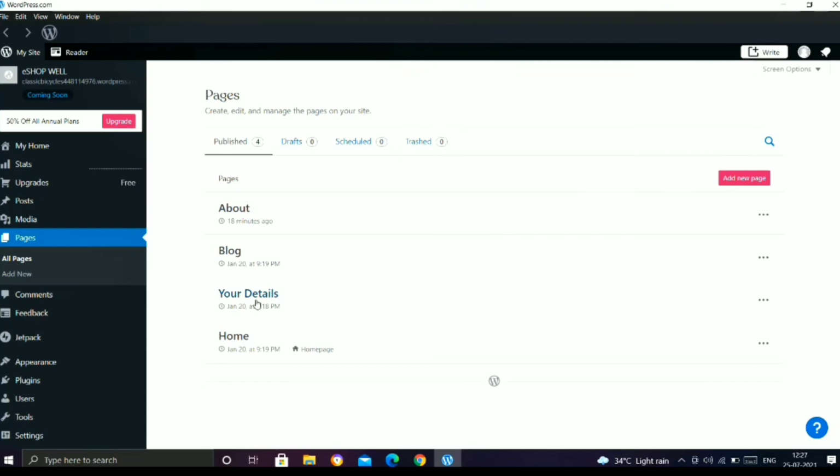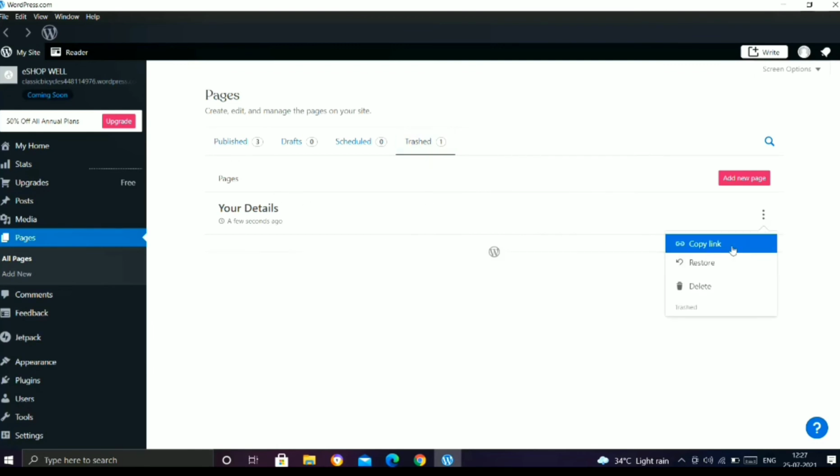and if you want to delete a published page from here, then you have to click these three dots, and here you can move a page to the trashed section, and here it is moved to your trash. And if you want to, you can also restore this, or you can also delete it if you really don't need that page. So if you want to restore it, then this page will be moved to the draft section,